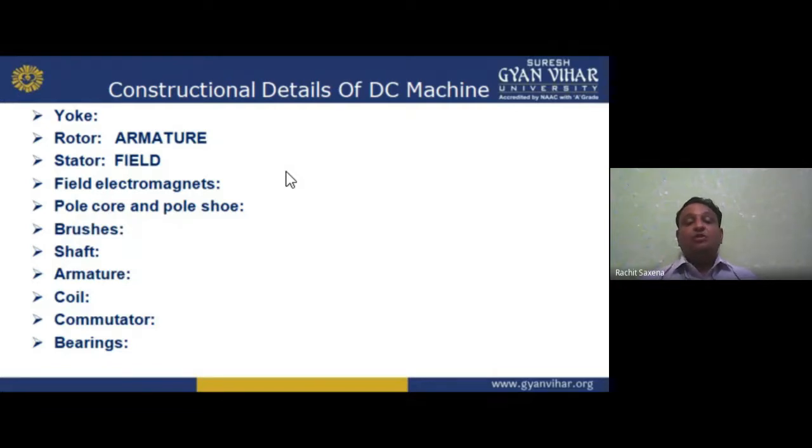Now, if I am talking about the winding, my dear student, the winding is made up of copper or aluminum. If I want to save cost, the cheaper option, we use aluminum. But if I want to do harder work, meaning for heavy machines, then we use copper. Every heavy machine uses copper, and good machines have copper-based winding, not aluminum-based.